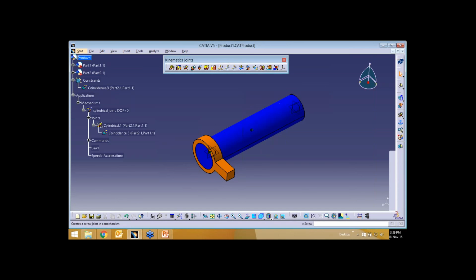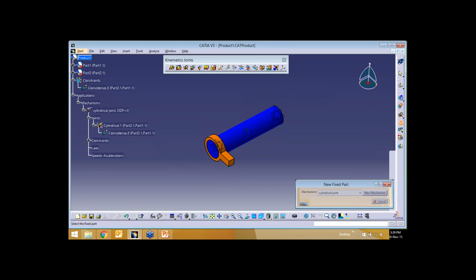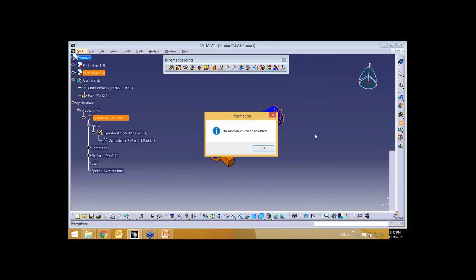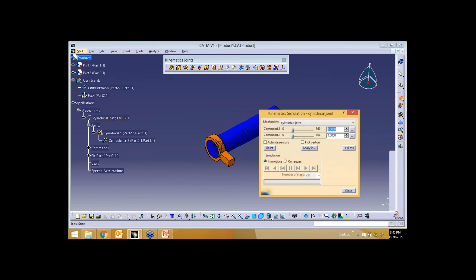So now what I'll do is I'll just go and fix this component. Once I fix this, it gives a message that it can be simulated. So I'll go here. I'll go for on request. I'll move both the things. I'll say okay.